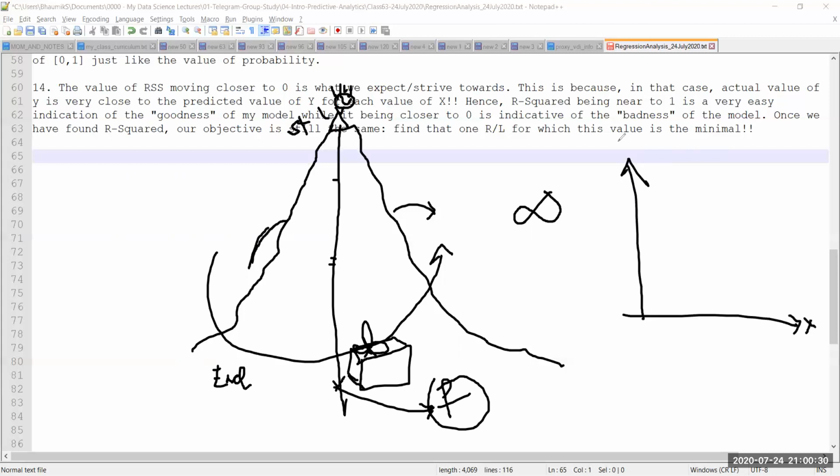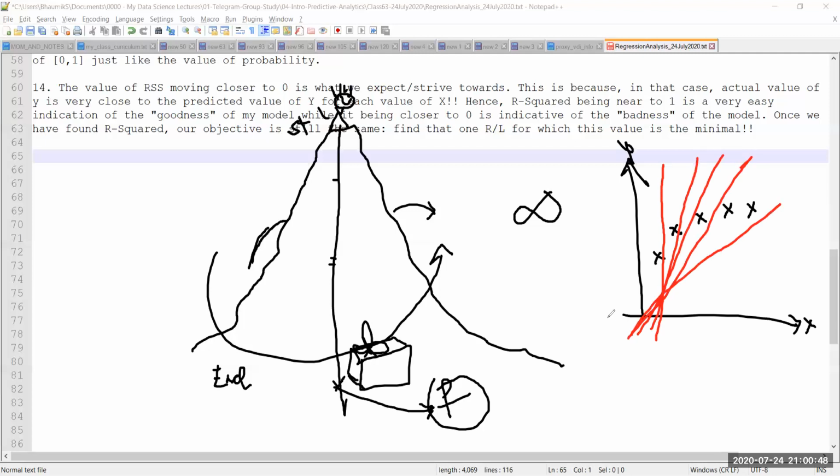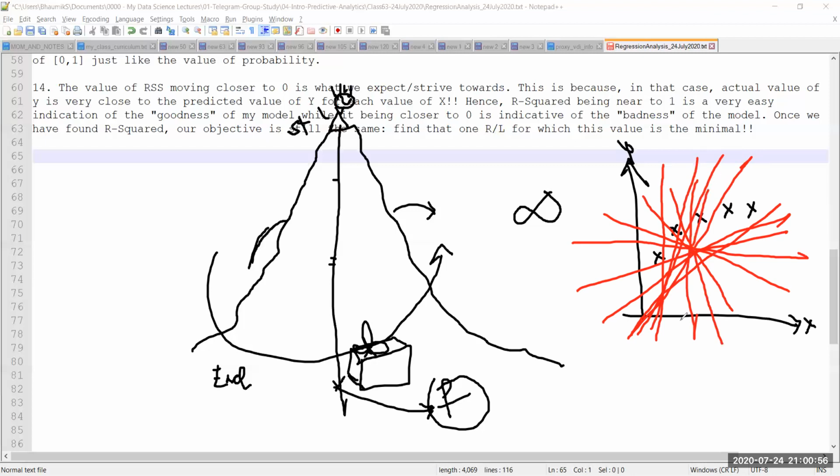If you look at the diagram once more, this is X, this is Y. I have some points like this, and I want to create some lines. So let's say I will start with a line like this. Then I go with a line like this. Then I go with a line like this. Then I go with a line like this. This is like selecting one of the routes to come down from the top of the mountain to the bottom of the mountain. So this is exactly similar to what is happening here. I'm just trying to find out one route.